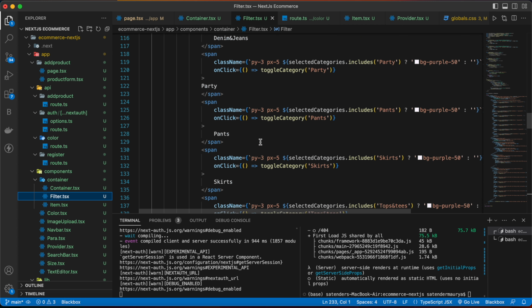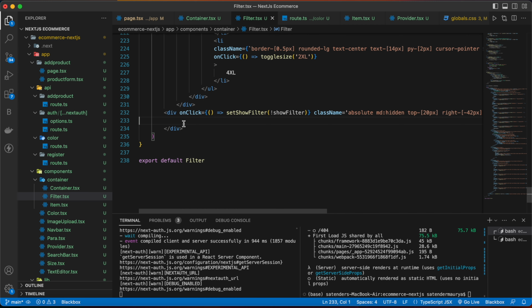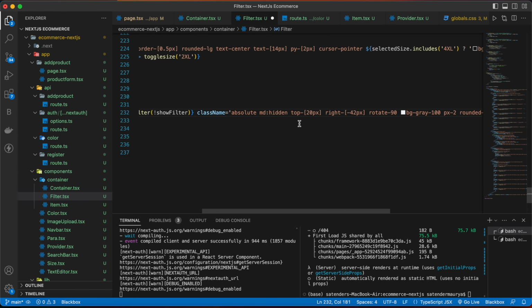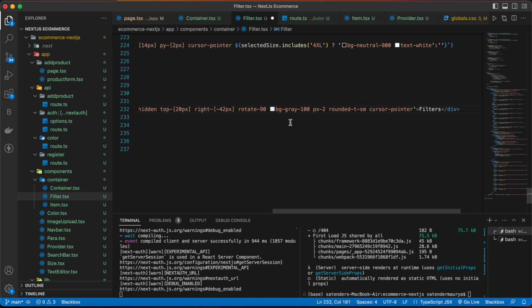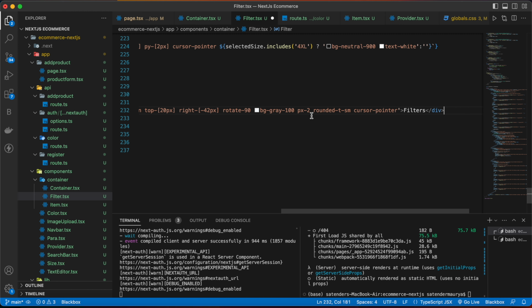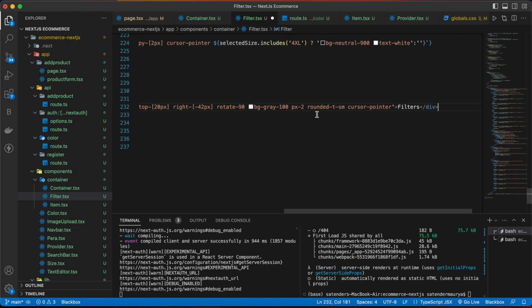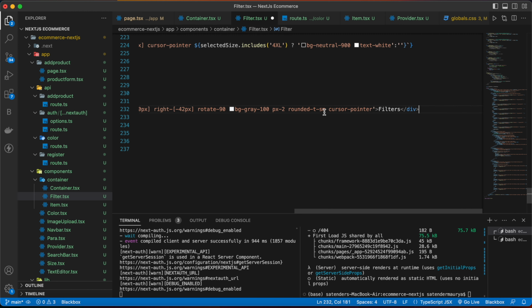And also inside the filter, we have to add a button here, and this button will change the value of showFilter, and this will be the CSS absolute, md:hidden, top-20, right-minus-40 pixels, rotate-90, bg-gray-100, px-2, rounded-t-sm, cursor-pointer, and write Filters.